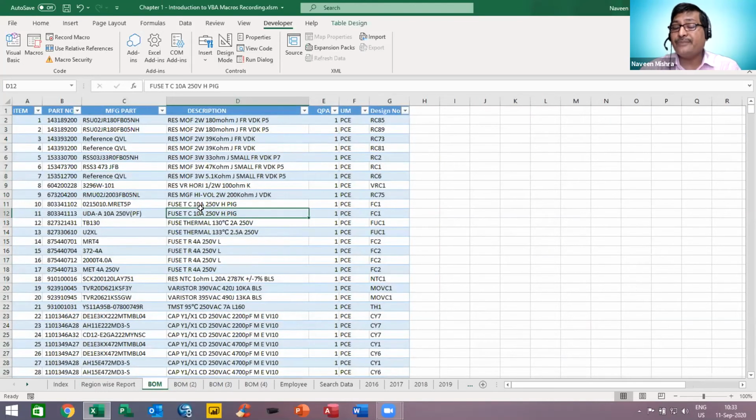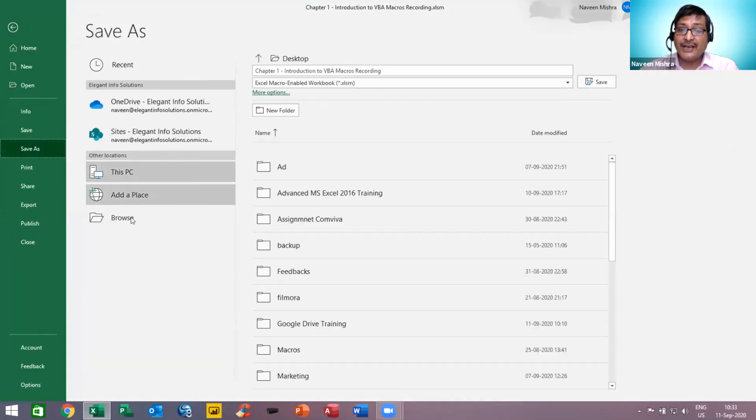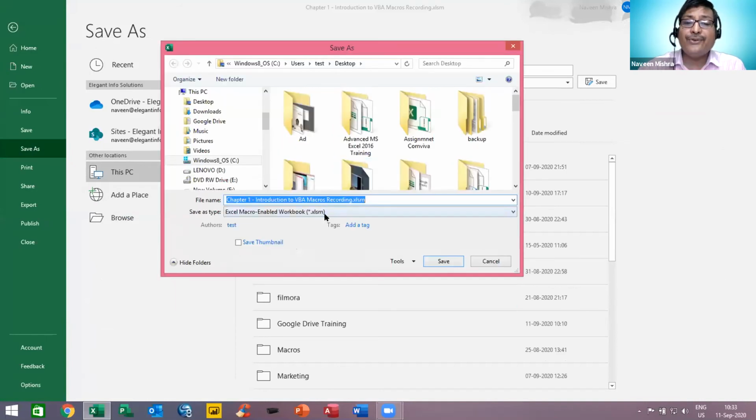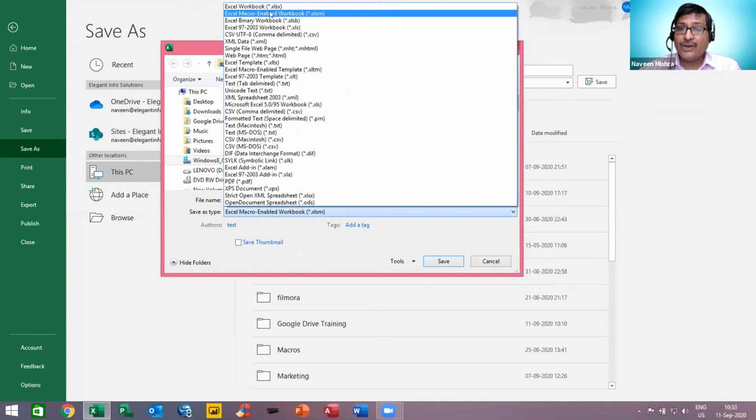Now most important part, after stop recording, you can go to the file, you can click on the save as and browse. Remember guys, please save your macro file as an Excel macro enabled workbook, right? So we have two extensions.